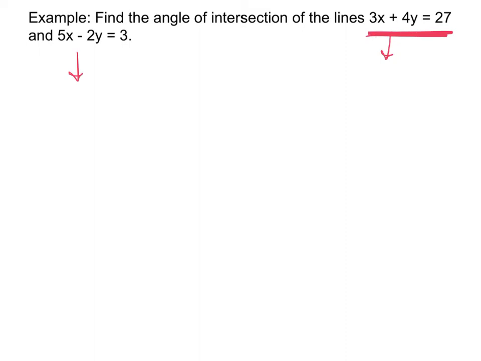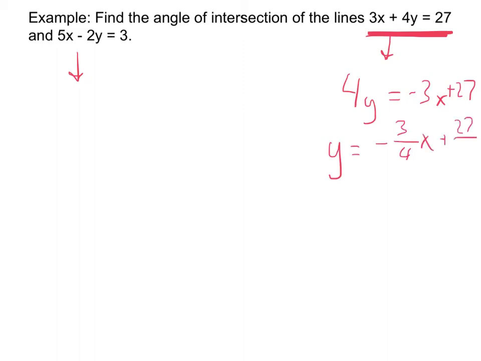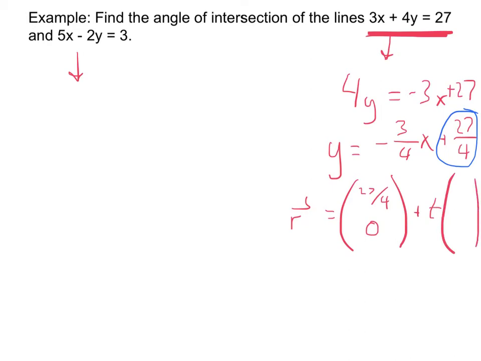I'll do this one for you as an example, and that way you guys can do the other one on your own. So when I rearrange this, 4y is negative 3x plus 27. Then when I divide by 4, y is negative 3/4 x plus 27 over 4. So that means this line in vector form would be, well, first the point. The point that we have is this y-intercept. My y-intercept is 27/4, and for as much as that's messy, it turns out I'm going to ignore it later anyway. This is going to be (27/4, 0) plus t times